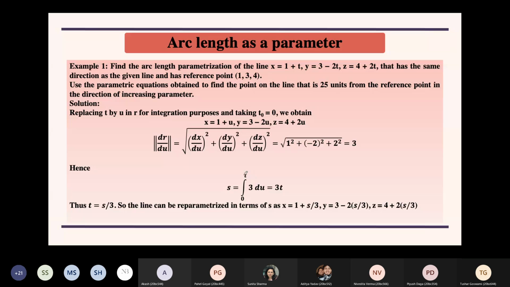Okay, so this is your arc length, which you can write in the form of u or in the form of t. It doesn't matter. In this case it is coming out to be a constant, so it doesn't matter at all. But in case it is a variable, again it is not going to make a difference. The only problem you will face is that t will appear twice. Suppose 3t comes, then here also there will be 3t, and then you integrate with respect to t, and then you put t as the limits too.